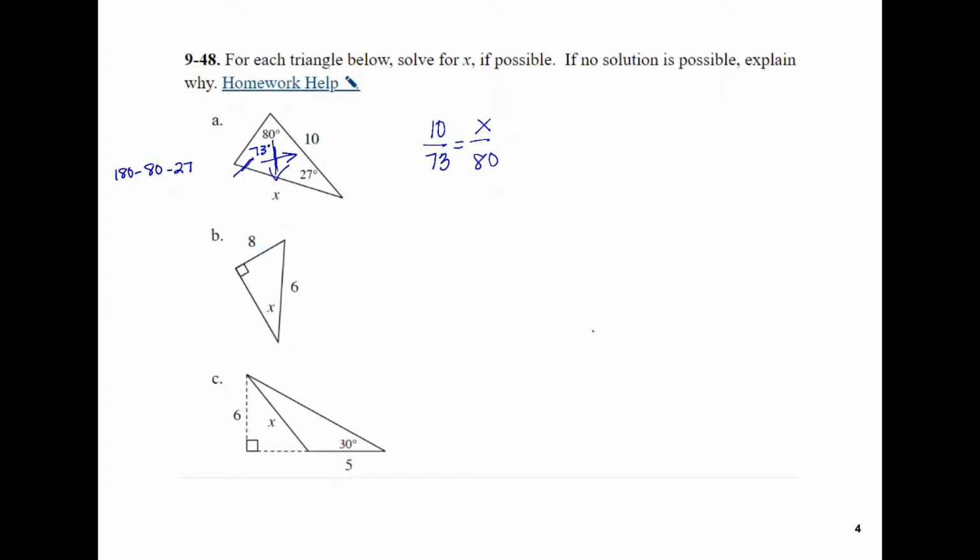So we know that this is the law of sines, so it's actually the sine of 73 and the sine of 80. So we do 10 times the sine of 80 degrees is equal to x times the sine of 73 degrees. When we divide by the sine of 73, because it's the inverse of multiplication, we get that x is approximately